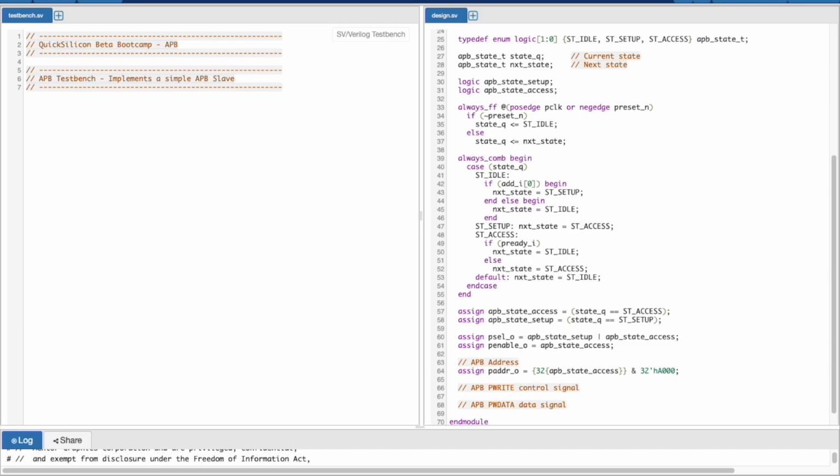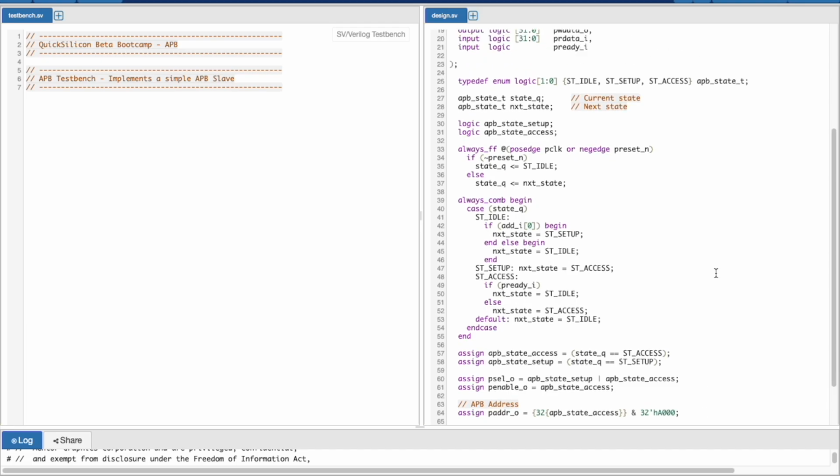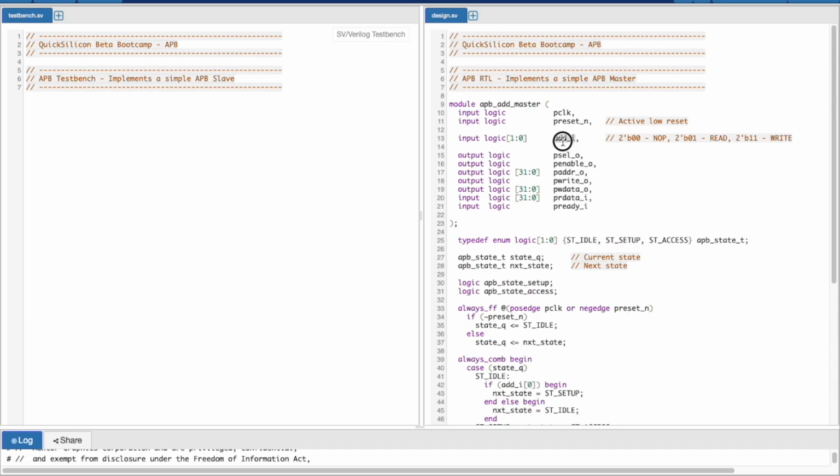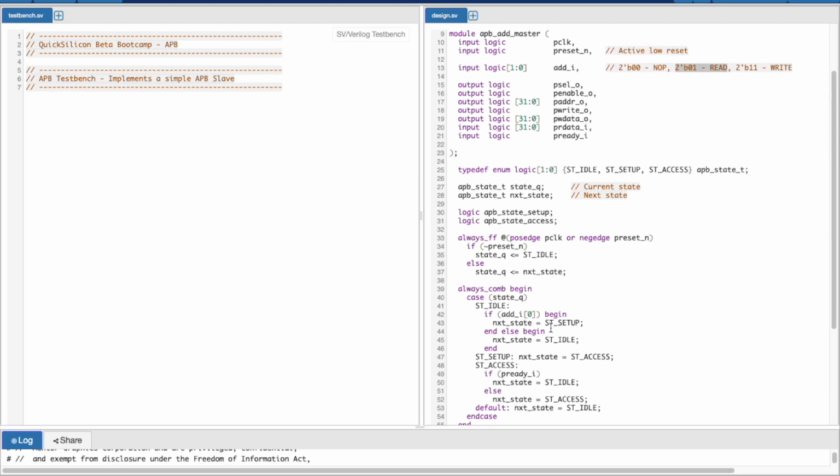Okay, these are slightly tricky, because what will happen is your adder I would come for one cycle. It will say that, okay, perform a read, and if you want to perform a read, then you need to know what was the value of this adder I when your state machine transitioned from idle to setup, because we cannot guarantee that our particular test bench will keep the value stable.